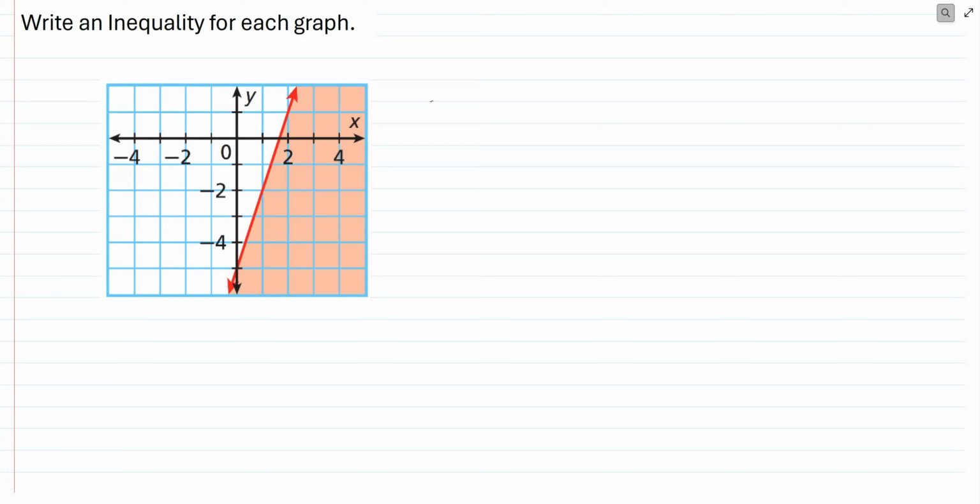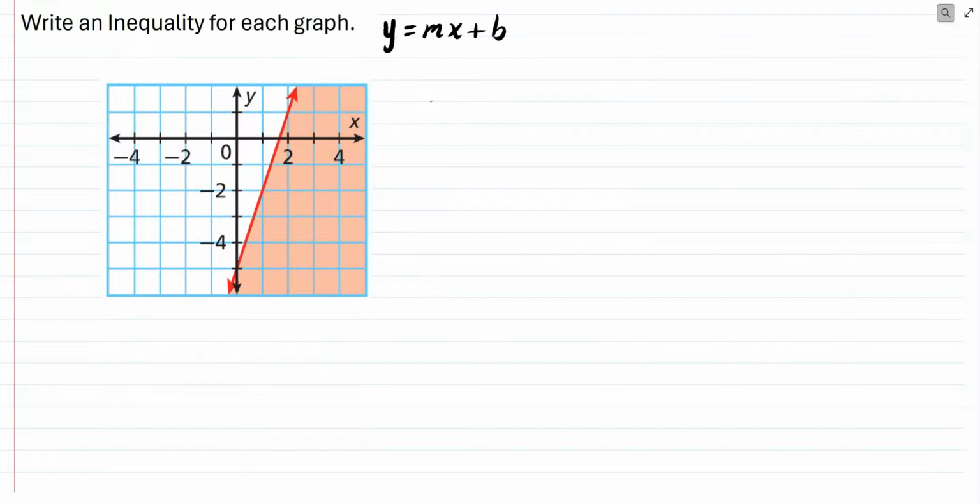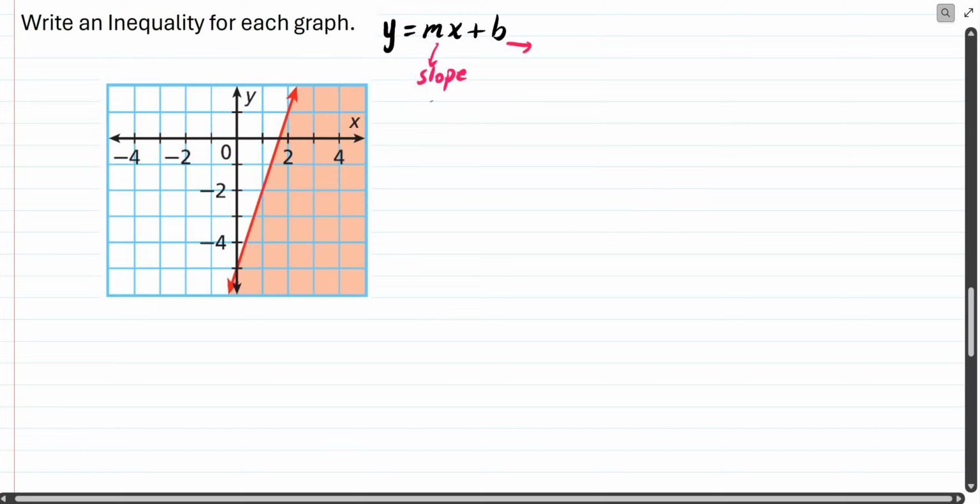In this video, you are going to learn how to write the linear inequality for any given graph. In order to write the inequality for any given linear graph, you need to remember the linear equation. The linear equation in y-intercept form is y equals mx plus b, where m is called slope and b is